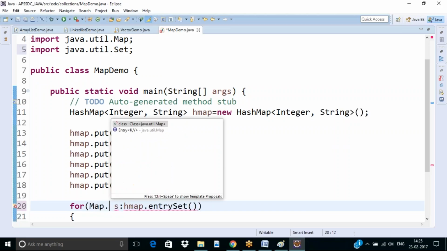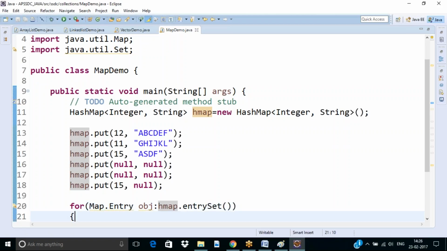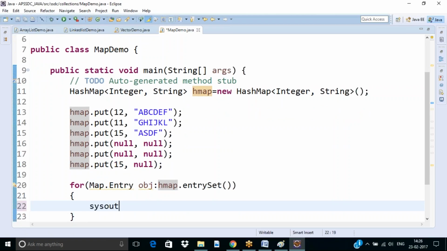So map dot, yeah, this one, entry set. Okay, so it accepts key comma value, of course we know that. Okay, so map dot entry, some local object name here, an internal object. So now one by one it will be iterated. In the System.out.println, now we can show the key and value by using this entry,